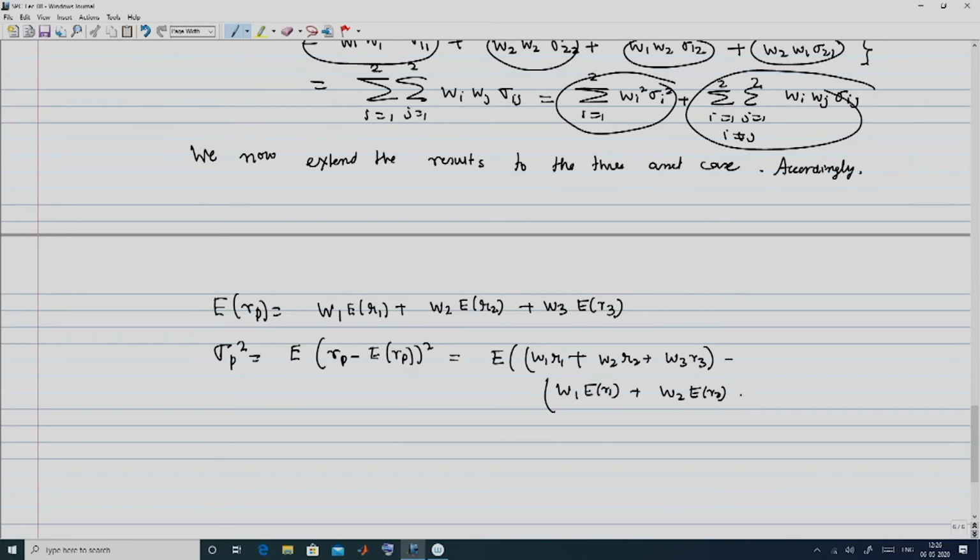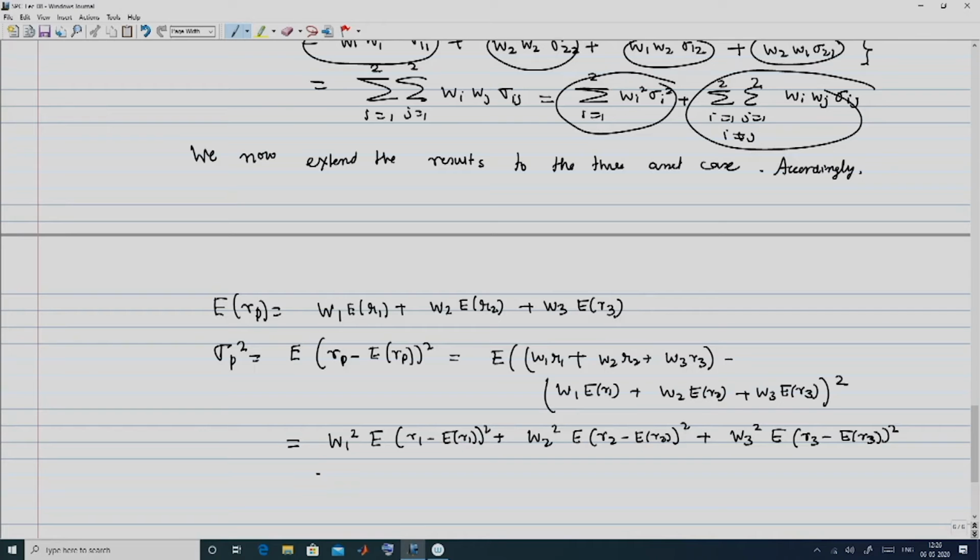And this again can be rewritten as W1 square E of (R1 minus E R1) square plus W2 square E of (R2 minus E R2) square plus W3 square E of (R3 minus E of R3) square plus twice W1 W2 E of (R1 minus E R1) into (R2 minus E of R2)